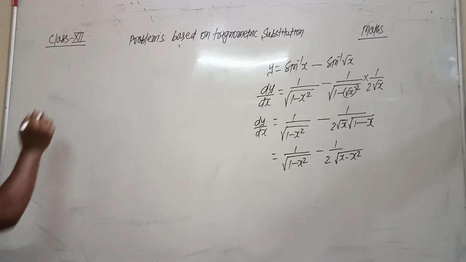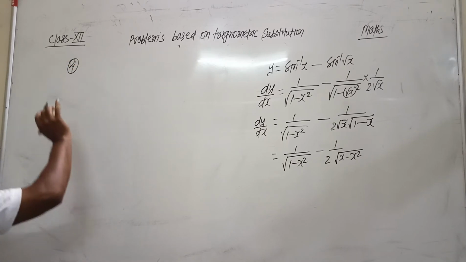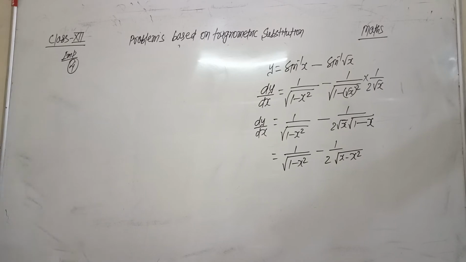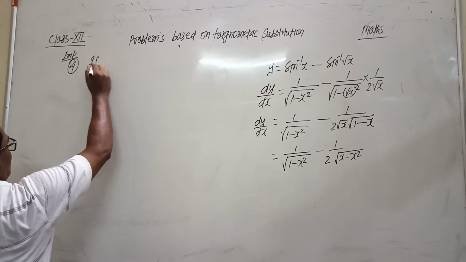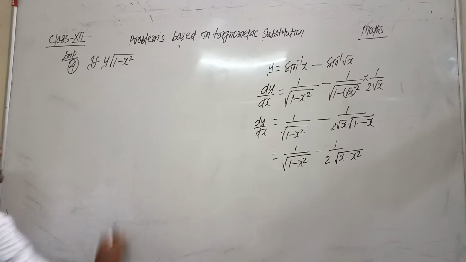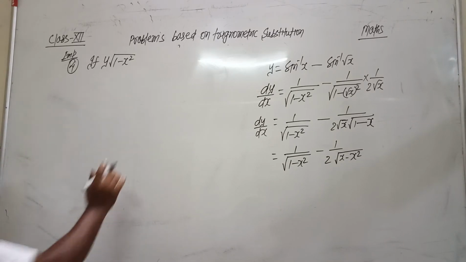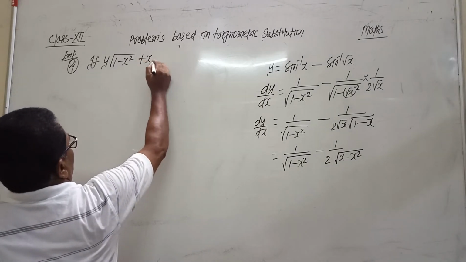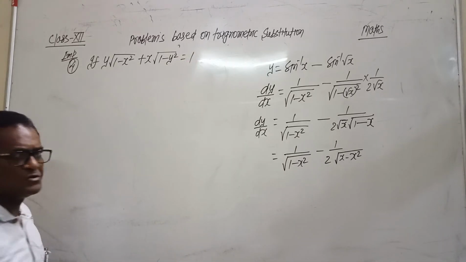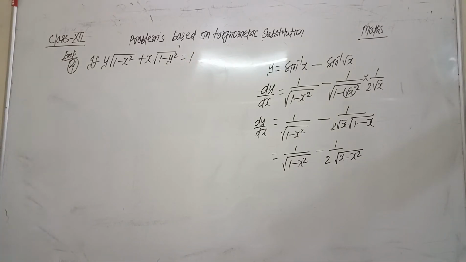Another question. This is another important question from the board point of view. If y under root 1 minus x square plus x under root 1 minus y square is equal to 1, then we have to prove that